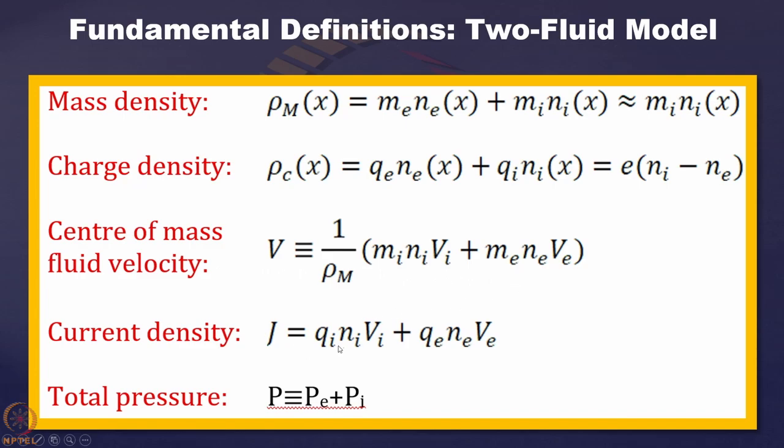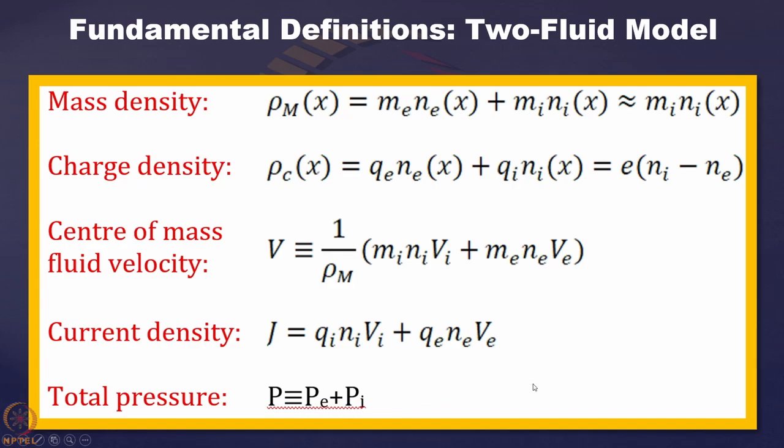Current density is our conventional current density that we used in our electrodynamics classes, that is J is equal to the sum of n e v, summing over the electrons and ions as well. And pressure, you know that it is additive, you have to consider all the species. So P is equal to, here it is electrons and ions, when you consider the partial pressure of them, and then you just add them up.